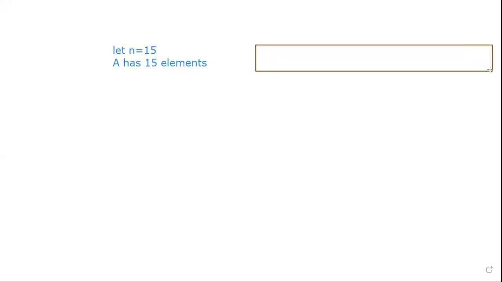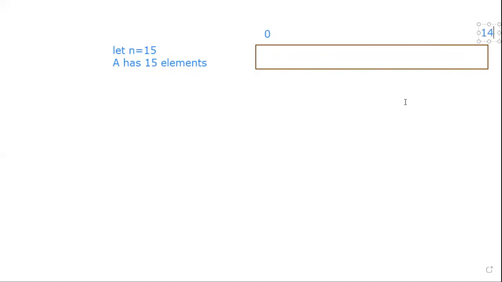Now we need to specify that the array we have chosen has how many elements? It has indices 0 to 14. The first element is 0 and the last element is 14.